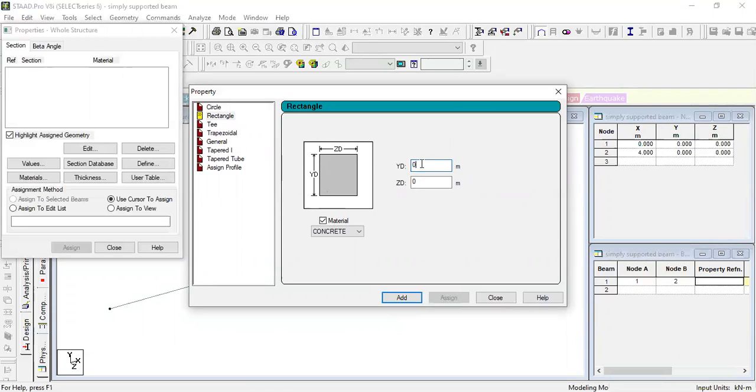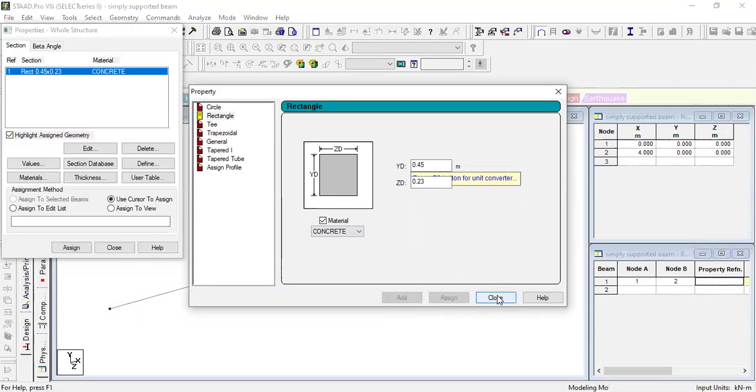Now the depth of the beam in meters, let us take it as 450 mm or 0.45 meters. And ZD is the width of the beam. Let us take it as 230 mm or 0.23 meters. And click here, material as concrete. And then next, go to add.